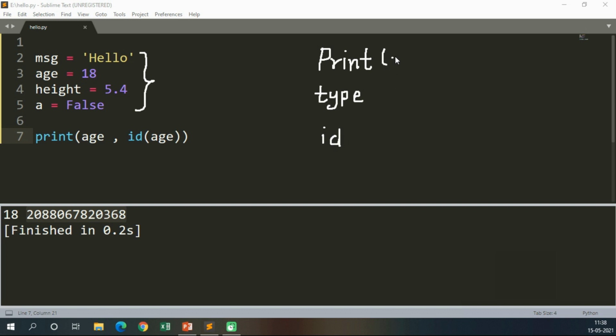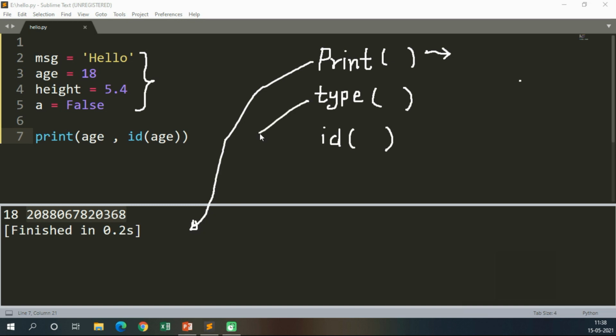The functions are always ended with parentheses in which we pass something. Functions are nothing but they process something for us. The print function prints the value to the console.